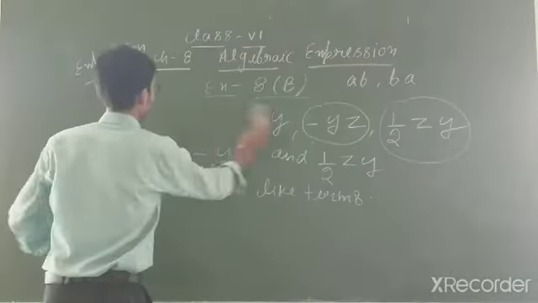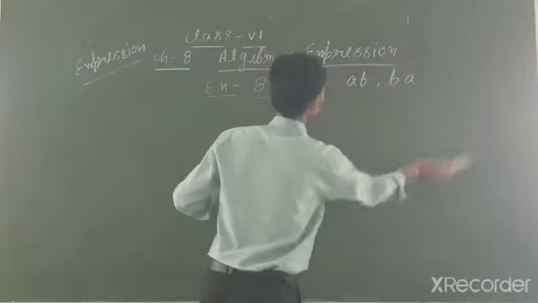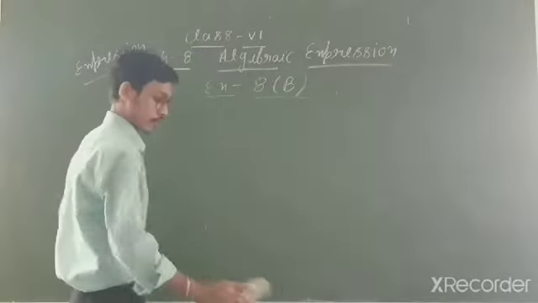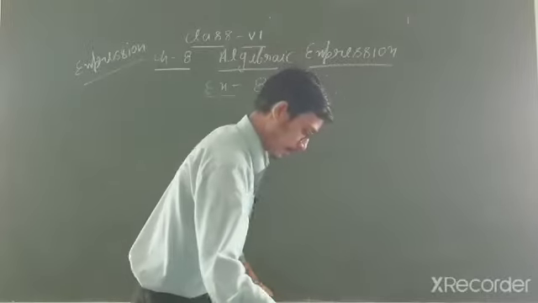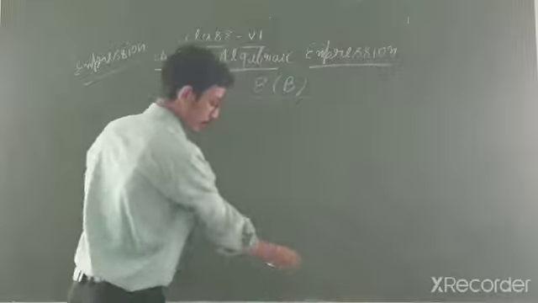Clear, student? So I think you are able to solve the questions based on like terms and unlike terms. Now move to the next exercise. Everything I explained, you only have to focus on the question and you will be able to solve all the questions. Clear, student? So now come to exercise 8C. 8C is very simple, student. You only have to add and subtract. Like exercise 8C.